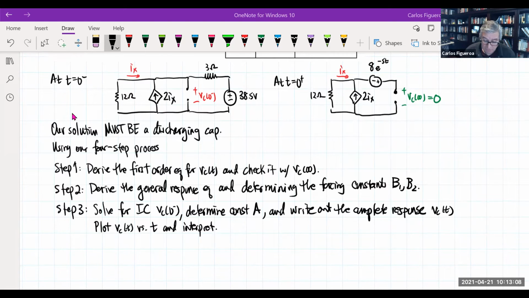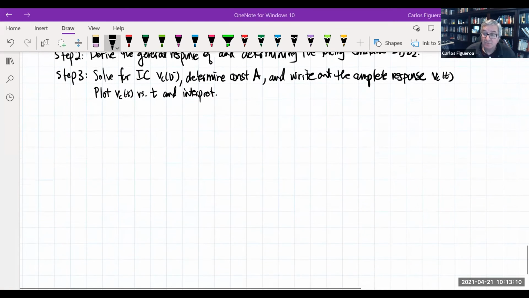Okay, so let's go look at this thing here. The first thing that I want to do is derive this thing. Let's go derive this thing. The first thing I've got to do is get that circuit and look at what happens at t equals 0 plus. So here I go. Step 1,